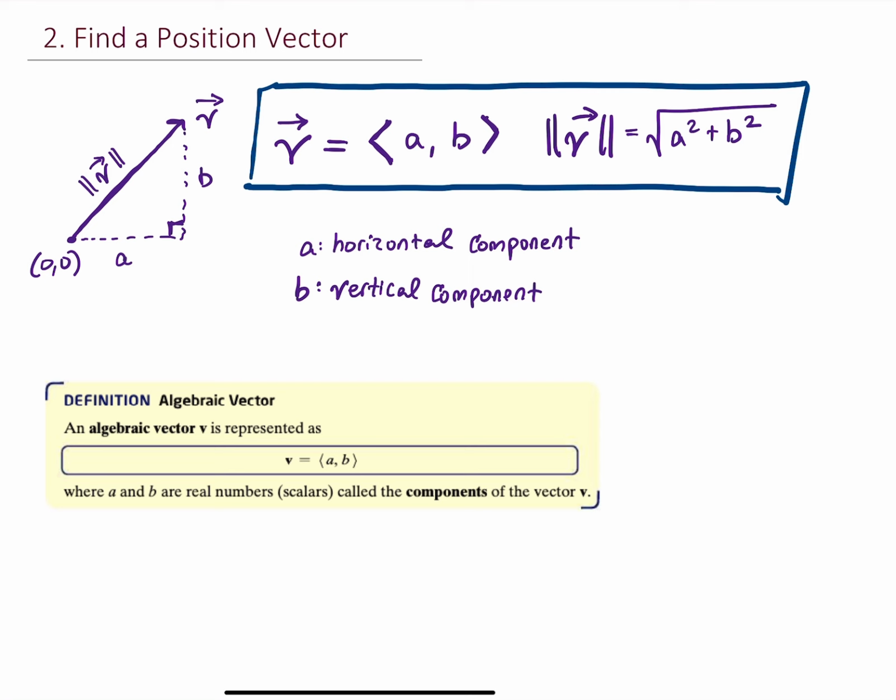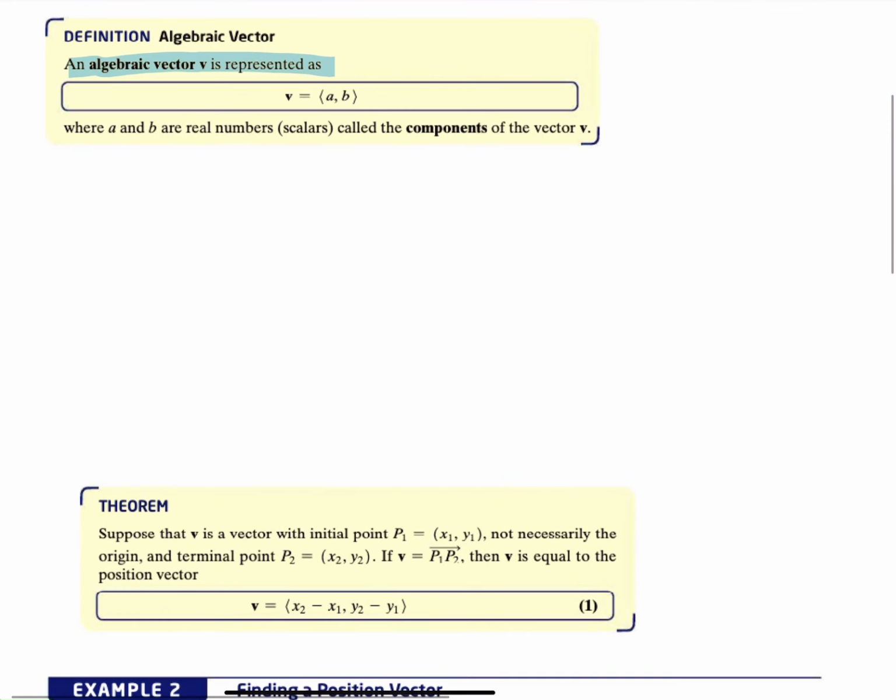So this first definition is what's called the component form of a vector, meaning we're describing it using the horizontal and vertical components. They also call this an algebraic vector too. But if our vector is not positioned at the origin, we said that a vector can exist anywhere in space, and as long as the magnitude and direction are the same, we would consider them the same vector. So if it was in some other position,